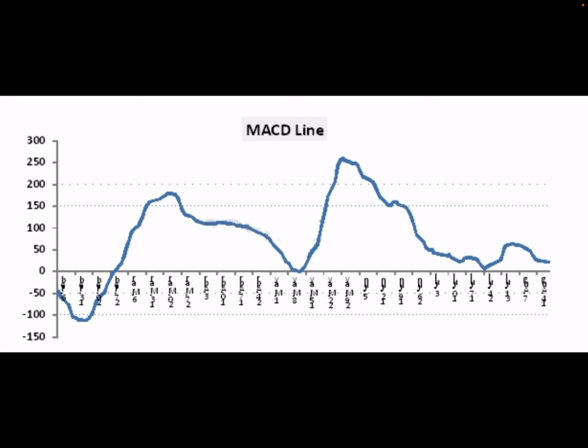The basic interpretation of the MACD indicator is that when the MACD line crosses the center line from negative territory to positive territory, it means there is divergence between the two averages. This is a sign of increasing bullish momentum. Therefore, one should look at buying opportunities. From the chart, we can see this playing out around 27th February.